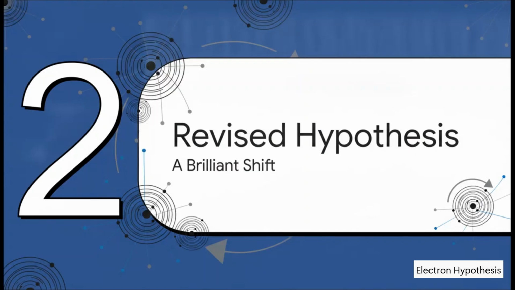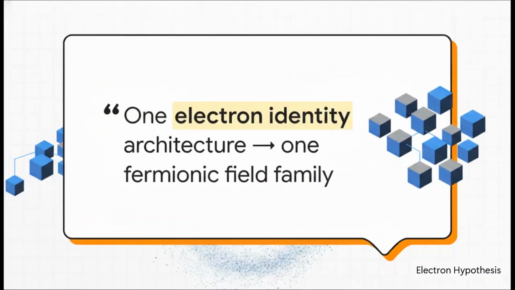Which brings us to part 2, the revised hypothesis, a brilliant shift. Let's look at this concept directly from Kevin L. Brown. He states, "One electron identity architecture leads to one fermiotic field family, which leads to many locally bounded excitations." Okay, what does that actually mean for us? In simpler terms, instead of electrons being completely separate objects zooming around, they're more like temporary waves popping up from